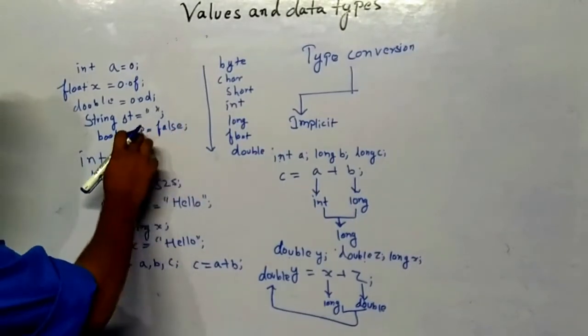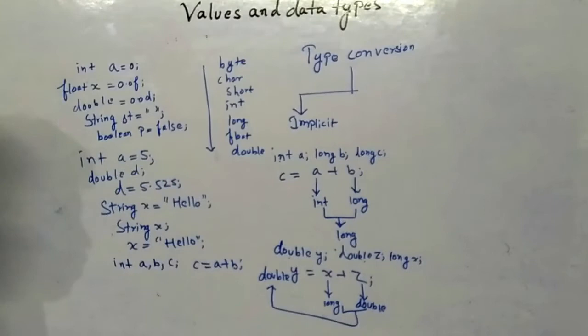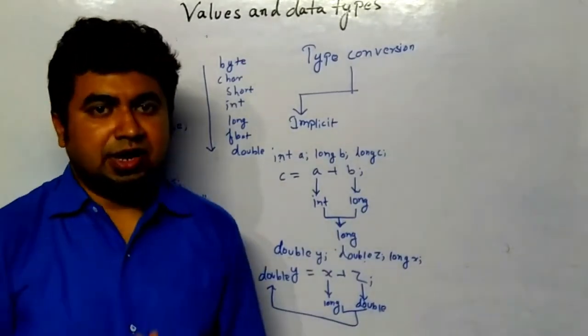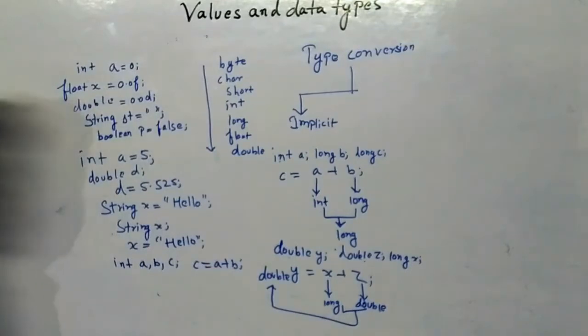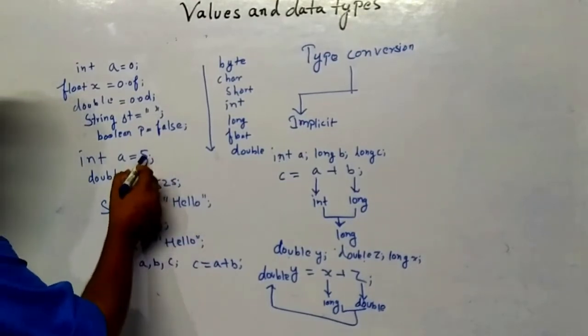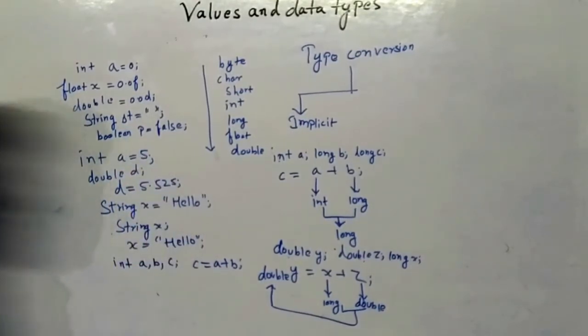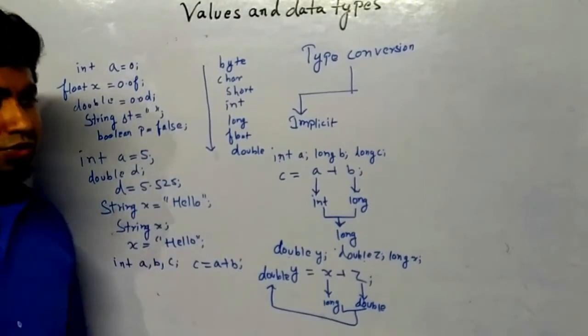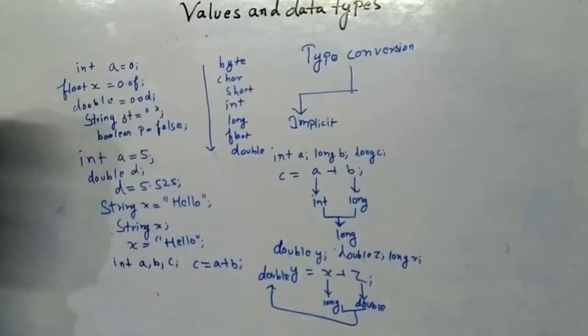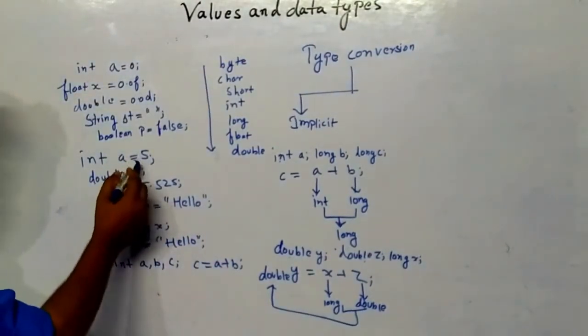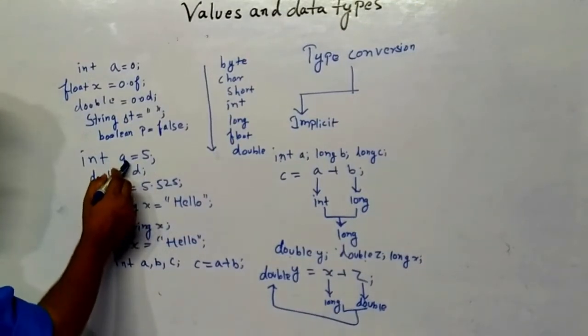This is assigned. Now two types of inputs are there, that is static input and another is dynamic input. Static input means you are giving the value yourself, assigning some value by yourself, that is known as static input. In the program itself you are giving, and the values which are given during the runtime are known as dynamic input. So here you can see 5 is already assigned to a.